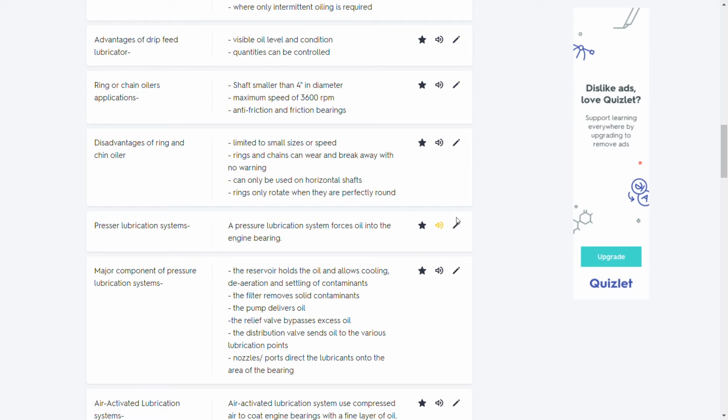Pressure lubrication systems: a pressure lubrication system forces oil into the engine bearing. Major components of pressure lubrication systems: